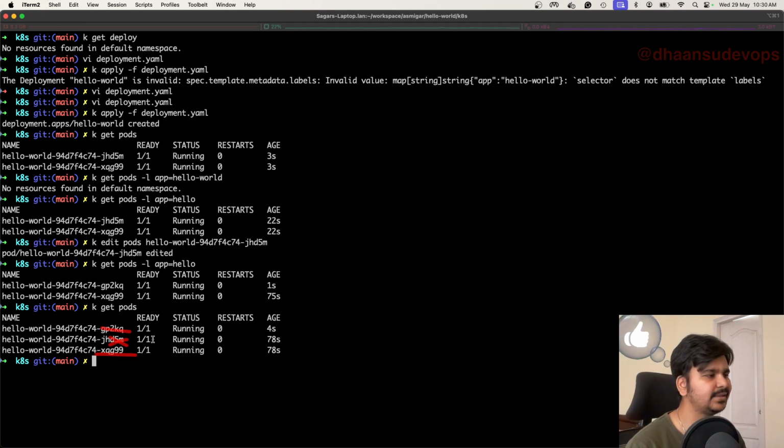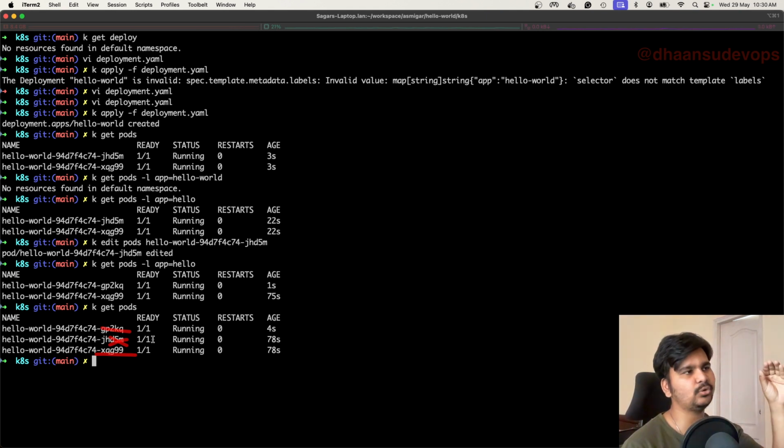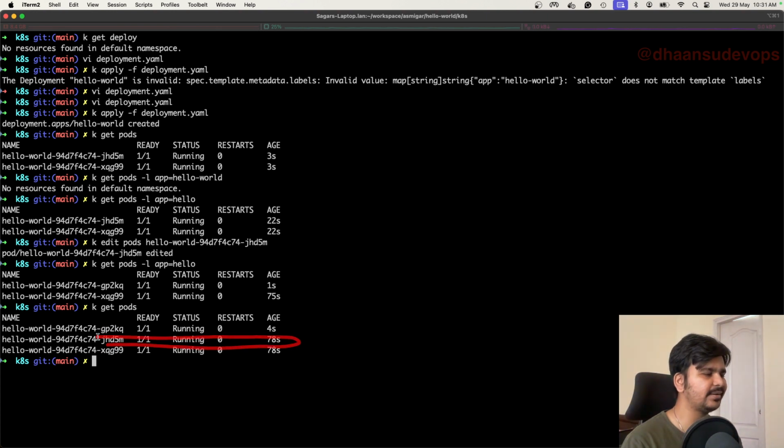I manually edited the label, and now when the deployment replication controller ran in Kubernetes, it's a controller loop basically, it checked the deployment. What are the selectors written in the deployment, and do I have that many pods with those particular labels? If not, let me create a new pod. So basically this particular pod is dangling. If I delete it, nothing happens, the deployment is not maintaining it. So if I try to delete the deployment, hello world, right?